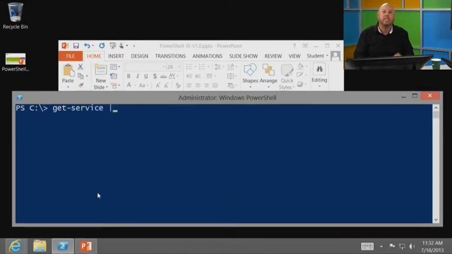I want to just select a couple of properties. The properties that I want to see right now are name and status. We have a commandlet called Select-Object. Now you usually see this as its alias of select. And let me just show you, it has a parameter called property and you can tell me what properties you